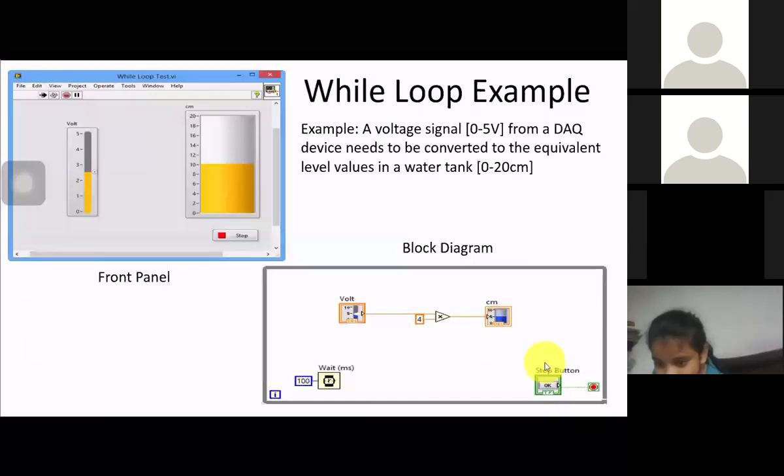So this is one example. Just go through the next one. The video has so many important points over